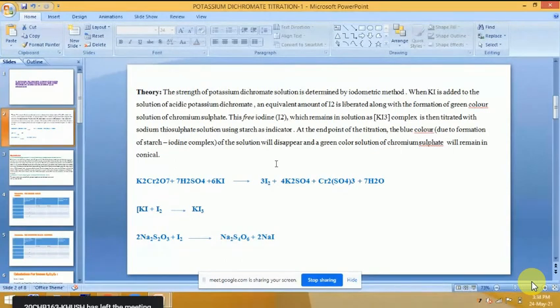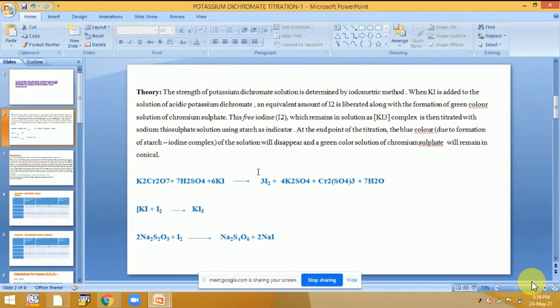Now during this process, first the solution color becomes brown, and after some time when we add starch, it forms blue. But at the end point, when all this K2Cr2O7 is finished, there will be no free iodine and no blue color, and the solution mixture becomes green in color instead of yellow. In case of copper sulfate, it was white in color due to the Cu2I2. But in this case, due to the Cr2(SO4)3, that is the chromium sulfate, the solution becomes green in color. That means at the end point, the color changes from blue to greenish color,